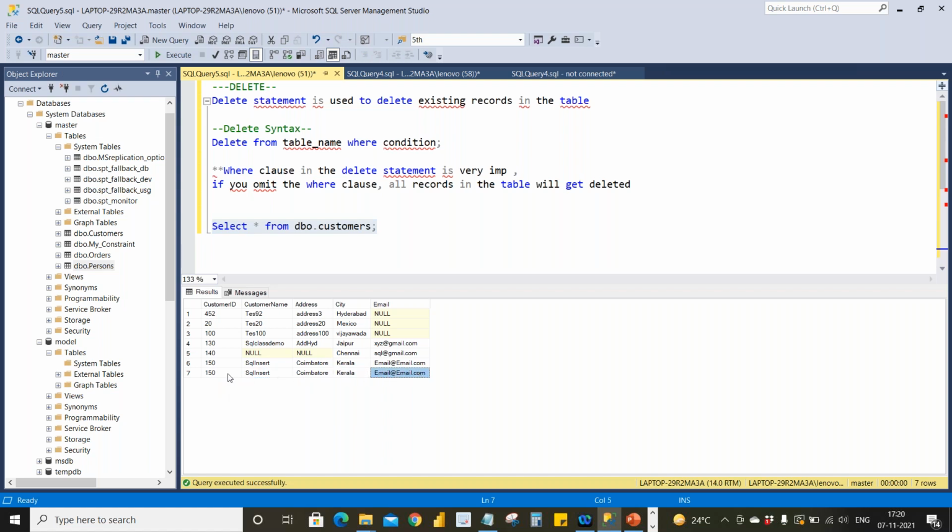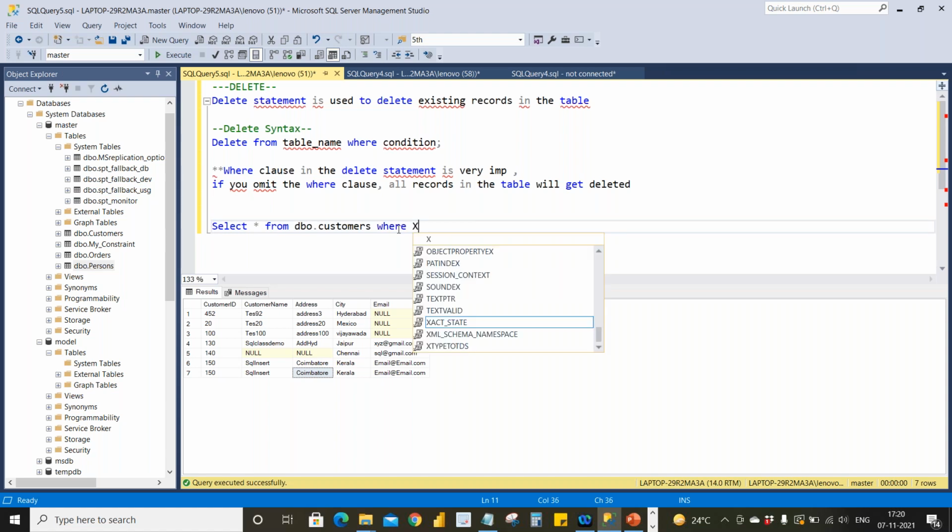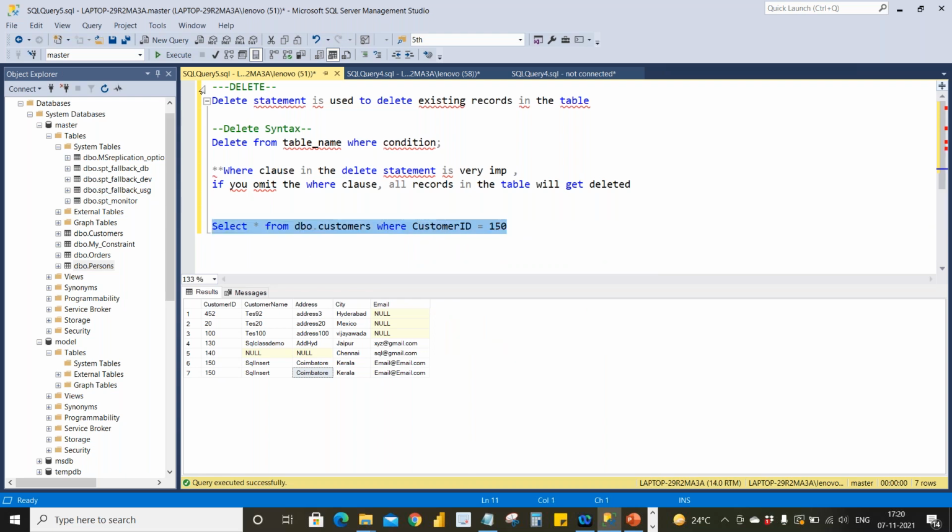But what happens? It will delete both, because there is no unique condition over here. All are the same. If you give a where condition like customer ID 150, you'll get two rows. If you give it with the delete statement, these two rows will be deleted.